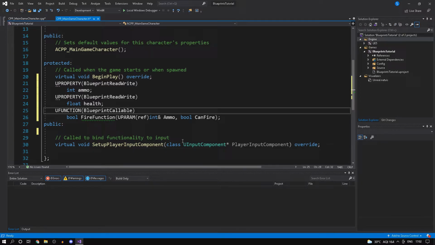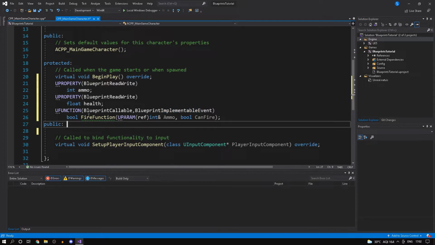Now there are a couple more specifiers. Let's say you just wanted to have the function in C++, or you wanted to call the function from C++, but you wanted to actually have the code inside the function in blueprints. So what you could do is declare this as a BlueprintImplementableEvent. What BlueprintImplementableEvent does, as the name says, is it's actually implemented in blueprints.